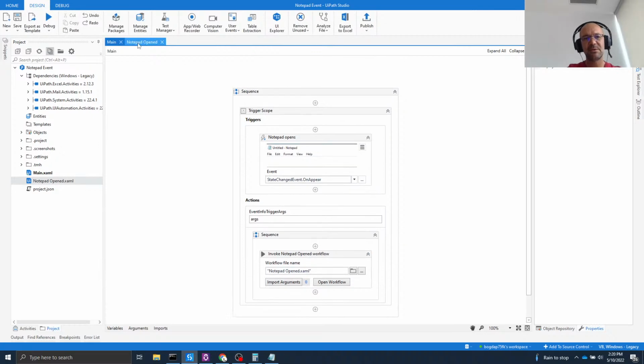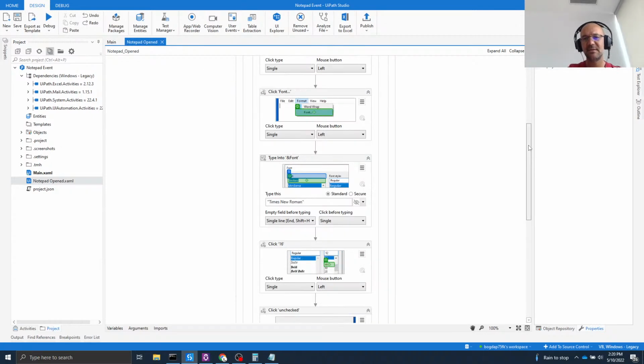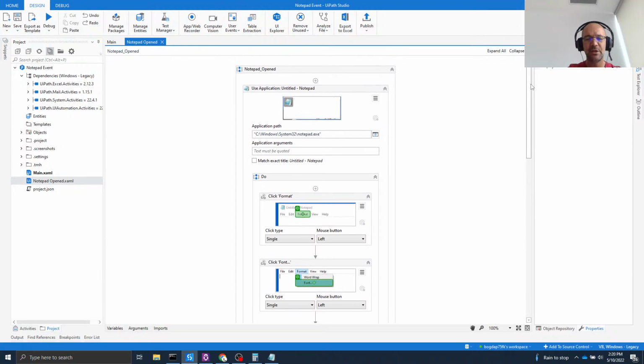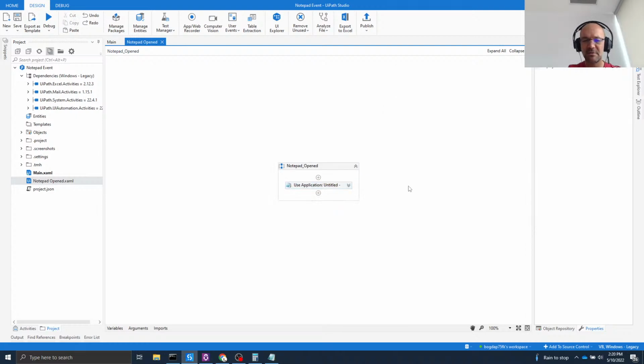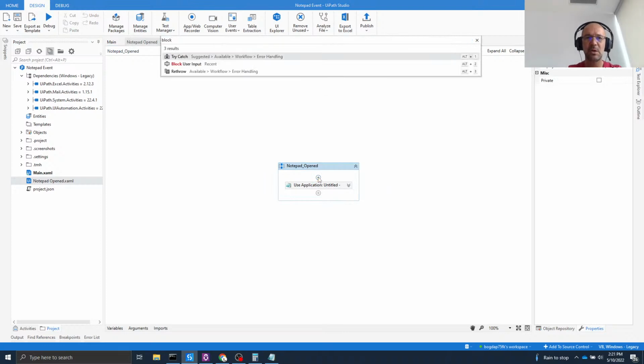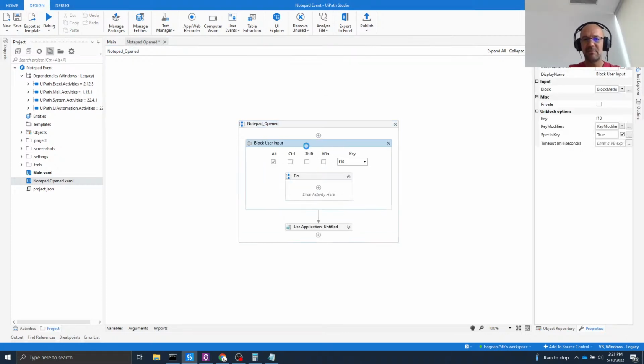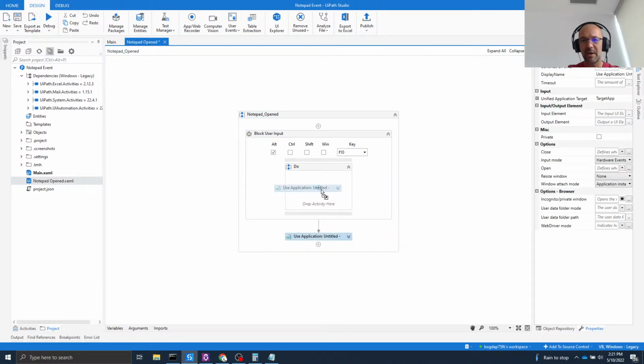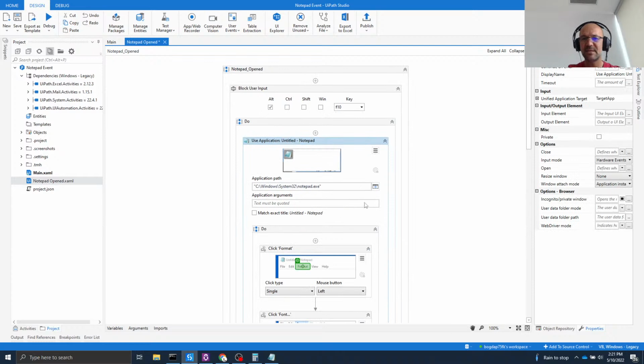One other thing that I want to do is, because this is an attended automation, the actual user might move the mouse around or might type something while the application is running. So we want to block the user input, and we have an activity for that, block user input, while I'm doing all that. While this is happening, I can't move my mouse or touch my keyboard anymore, or actually I can do that, but nothing is going to happen, right? And you can see here Alt F10 is how I can break out of this